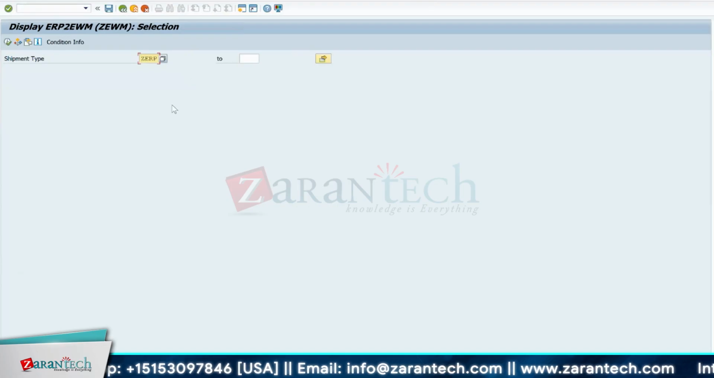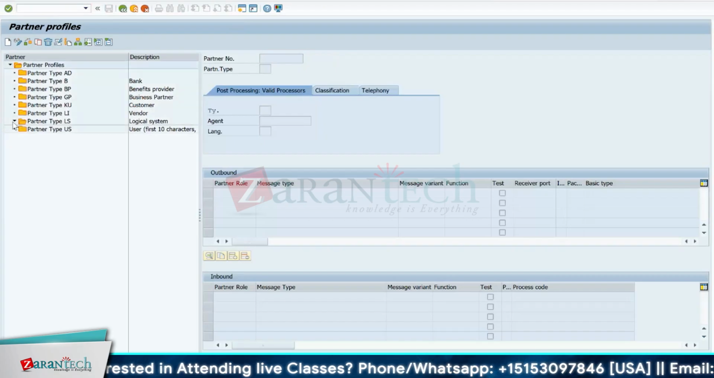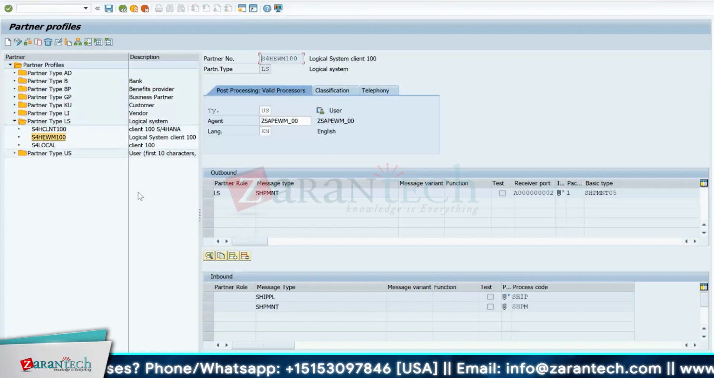Okay. So once this condition type is being maintained, what we need to do now is go into the communication setup. Okay. So what happens from a communication setup perspective is there are 3 different kinds of message types that you will see being maintained. Okay. So let me go to the transaction first. So if you see over here,